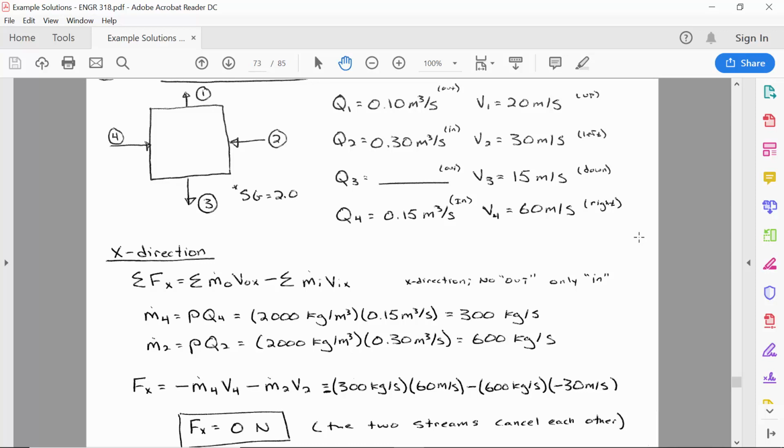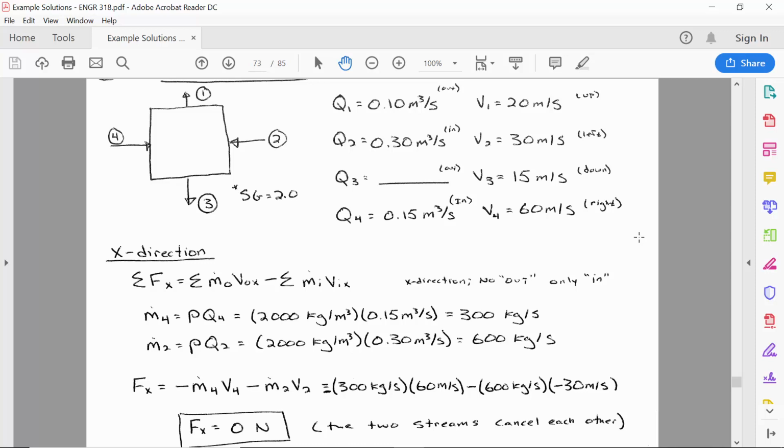In the x direction, we kind of already know just by inspection that there's going to be no force required to hold the system steady. The two streams cancel each other out. We already know that just by looking because the two streams in the x direction are